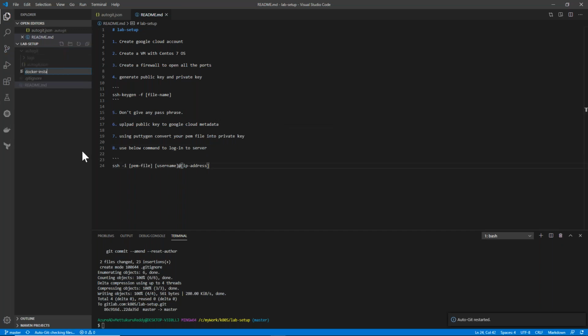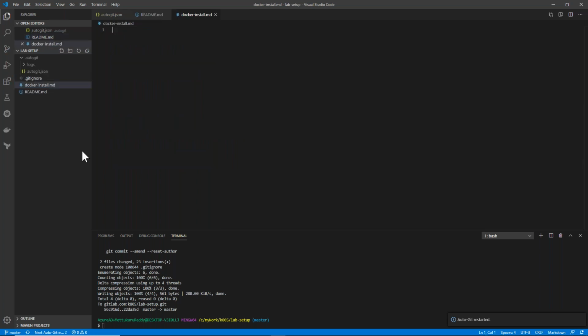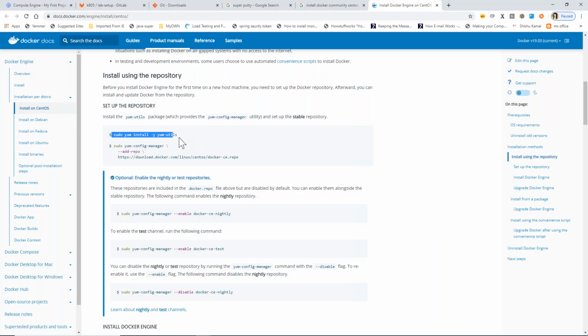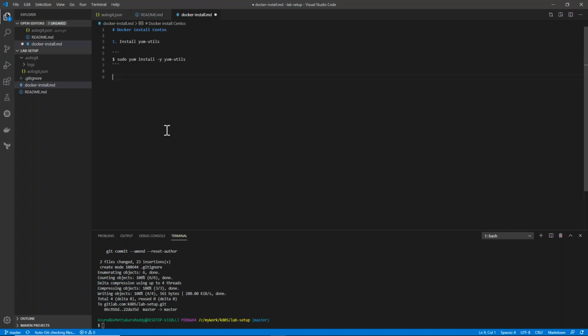Docker install, yum install yum-utils. While you are practicing, you can follow the same commands. If dollar, it means it's a normal user; if hash, it means it's a super user.